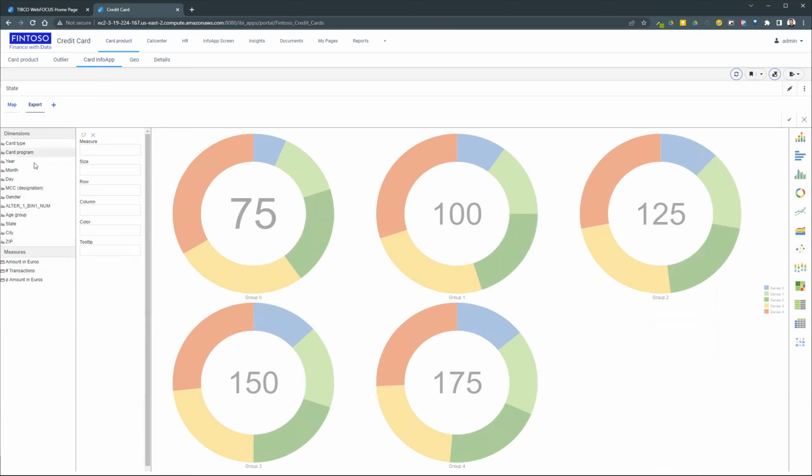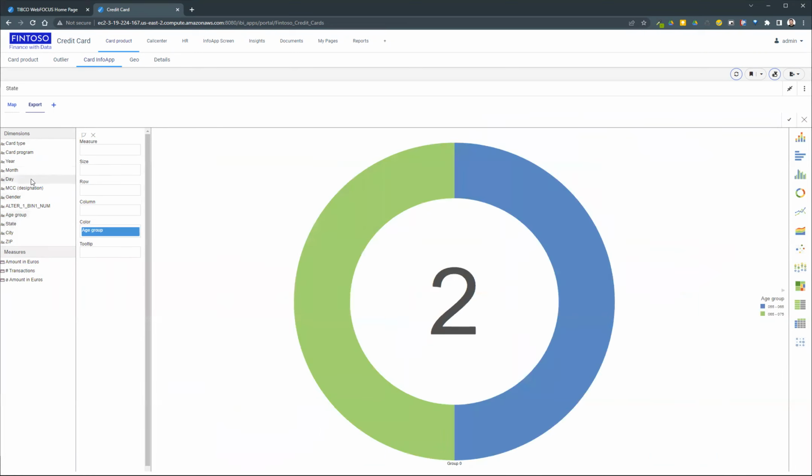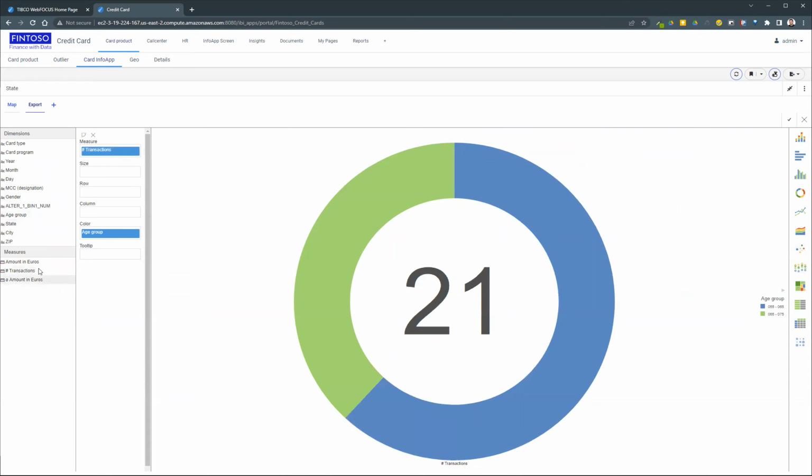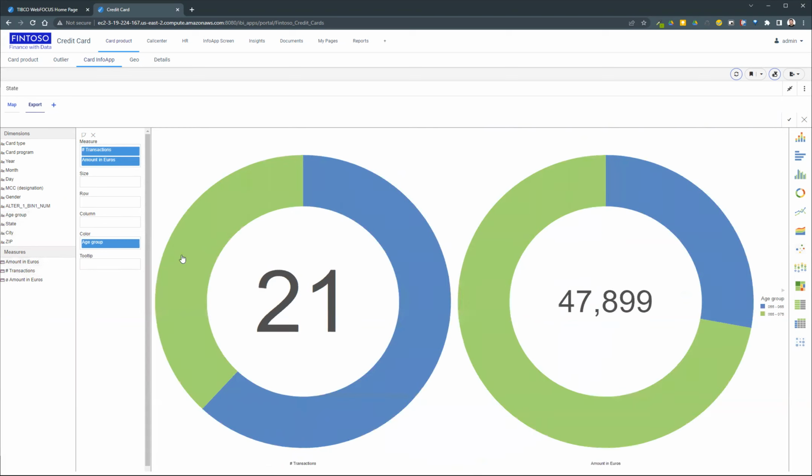In here, we filtered on certain elements. So let's get the age group onto the color of the chart and add the number of transactions as a measure and add the amount of transactions in euro to the color as well. So we can see we filtered on 21 transactions with a volume of close to 50,000 euros in a total